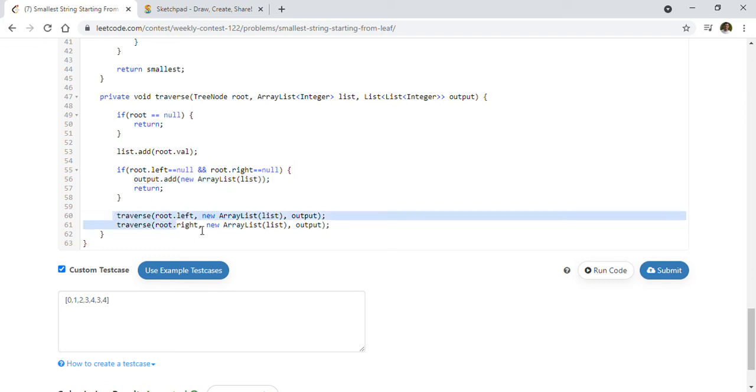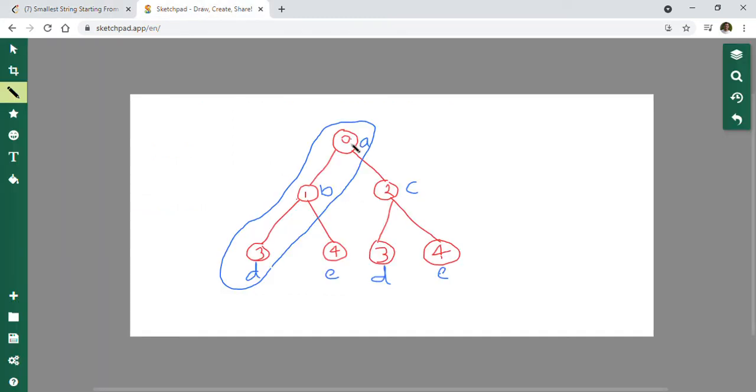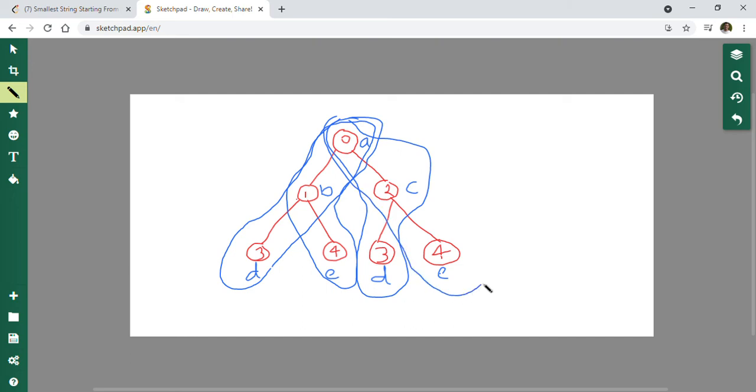We keep traversing on the left side and right side at the same time. For example, this is one traversal, then this is another traversal. Similarly there are two other traversals. There are 4 traversals we can get in this tree.